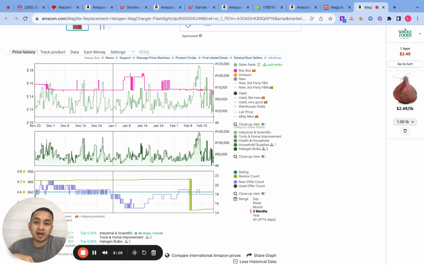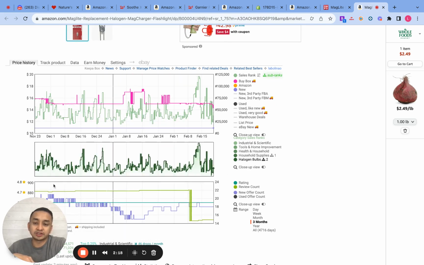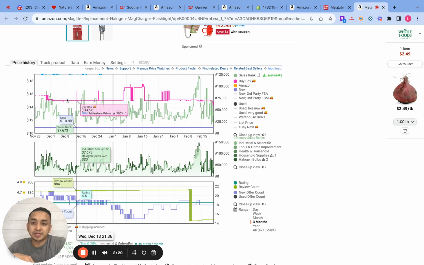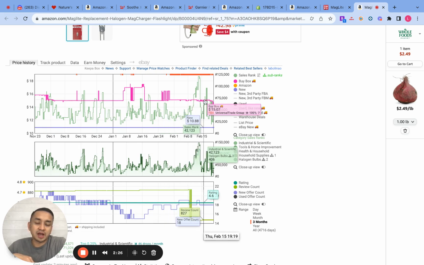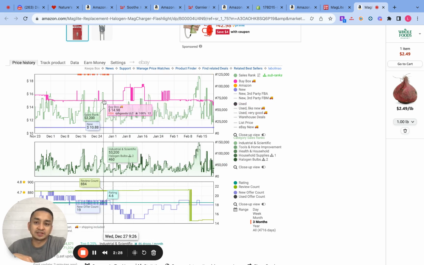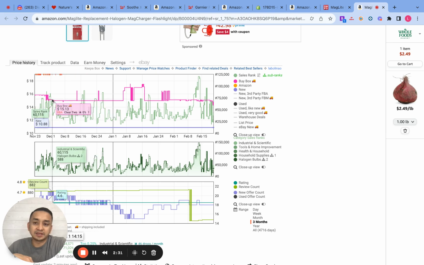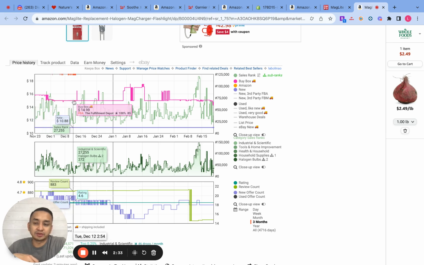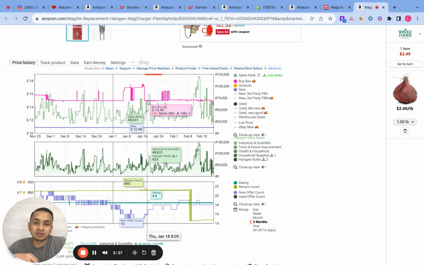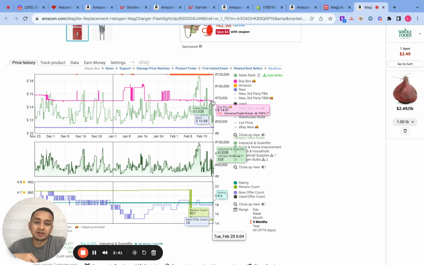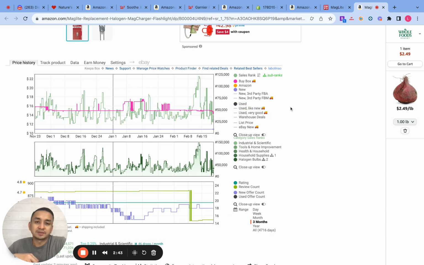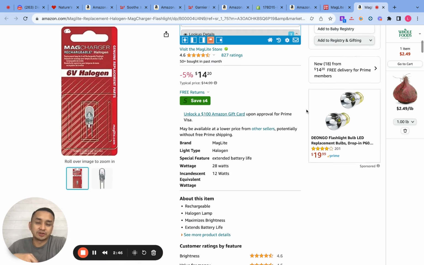And then I also look at the Keepa chart. So it's a chart that looks like this. I usually look at the buy box price. So I always look at the bottom price of the listing. So if you guys see the pink line, right? So the price is hovering or stable at around like $15. And then from here it's kind of going down in price. So I mean that's kind of concerning, honestly, but